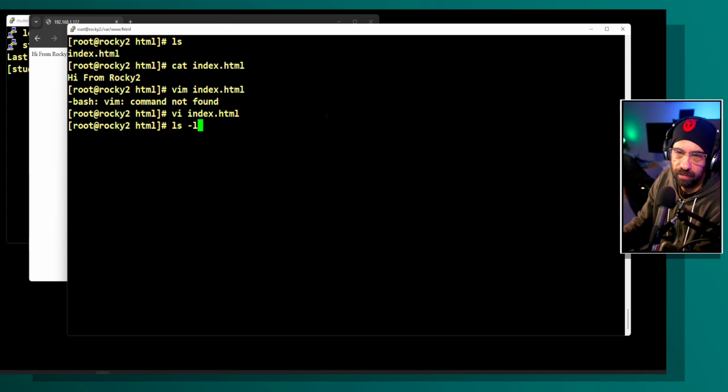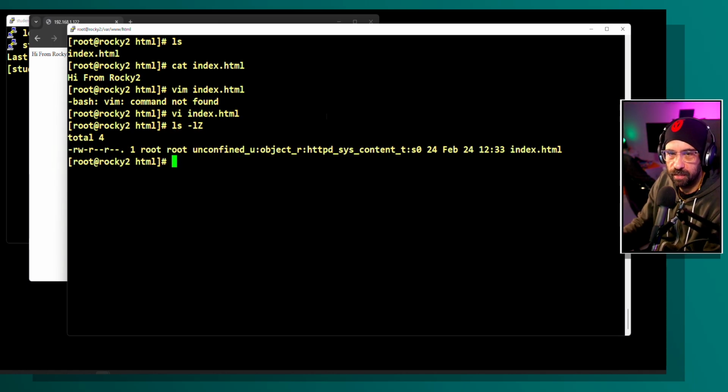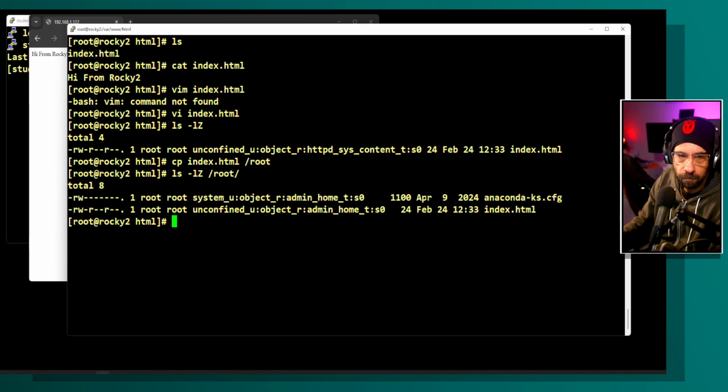So I'm going back here. As you can see, the context is okay. What we're going to do here is something that might happen with you guys, which is I'm going to copy the file from here to the root folder. And if I check the file in its new location, since it's a copy, it's the same file